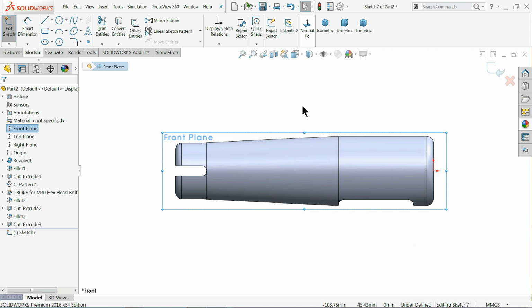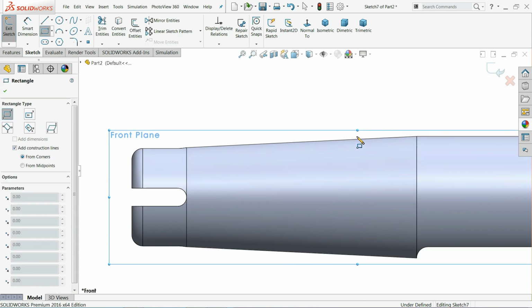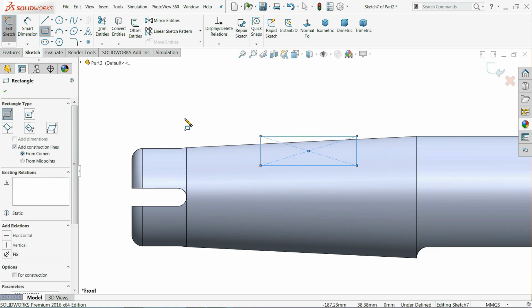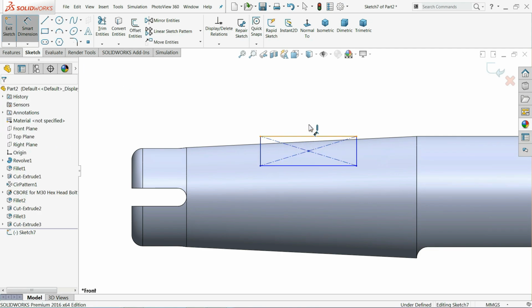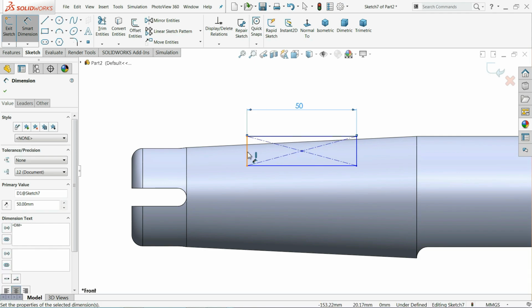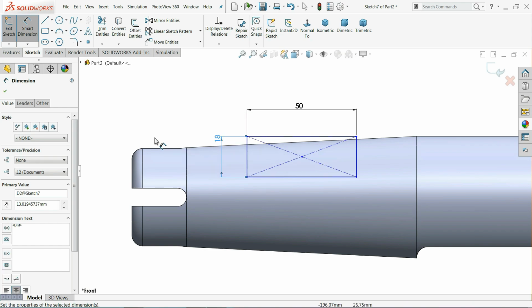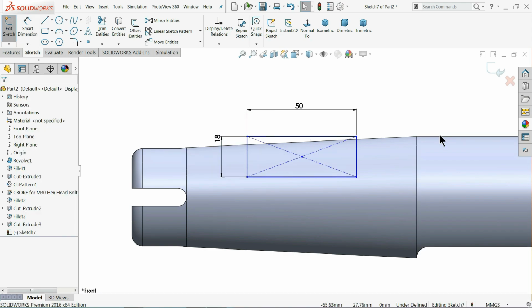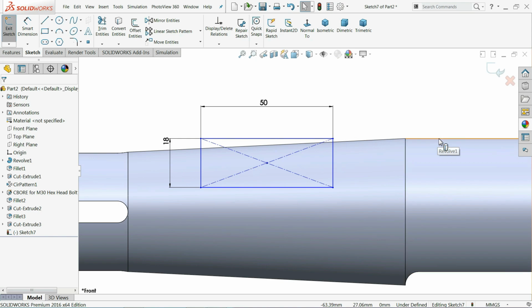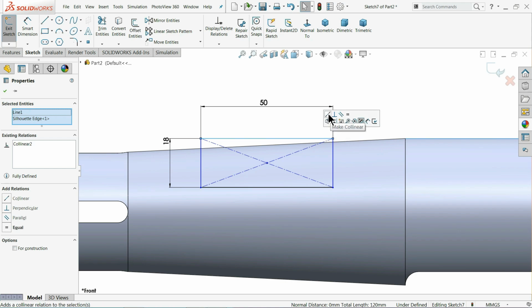Front plane, sketch, corner rectangle, 50 millimeter length, height 18 millimeter, and select this outer edge, hold shift key and this line, and make relation collinear, so that it comes in one line,